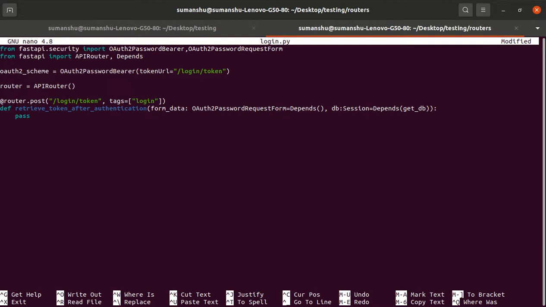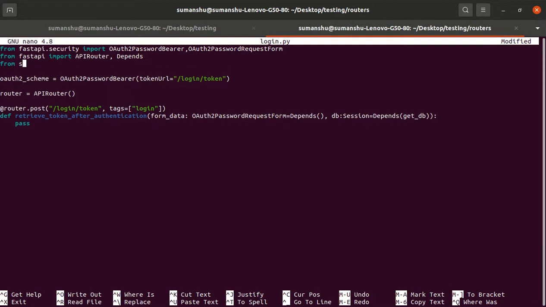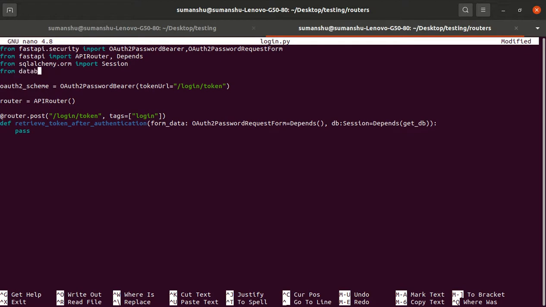So we have to import these things: from sqlalchemy.orm import Session, because we use the Session model, and from database import get_db, because we use get_db. And yes, the rest is okay.